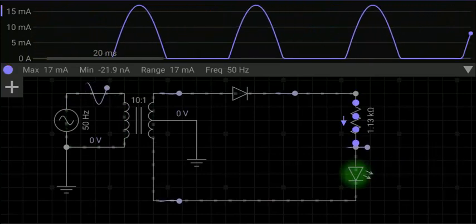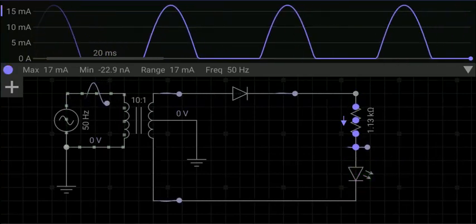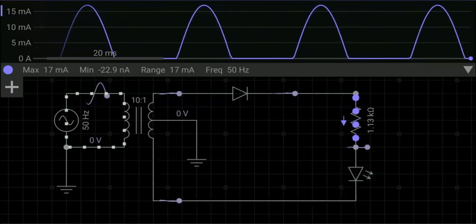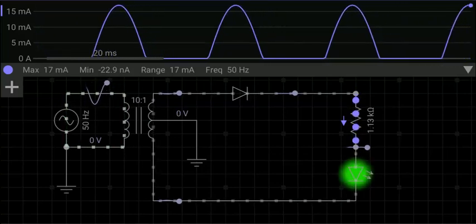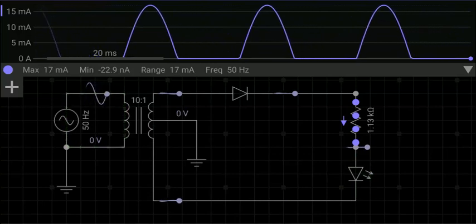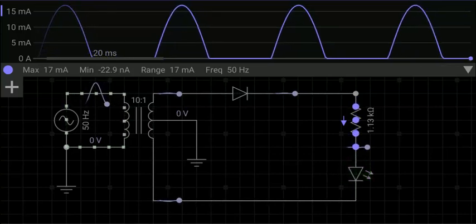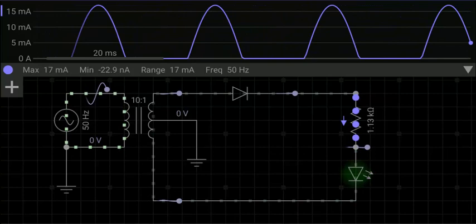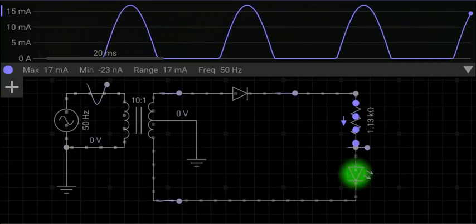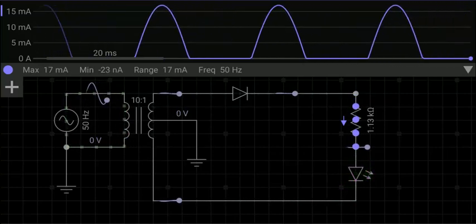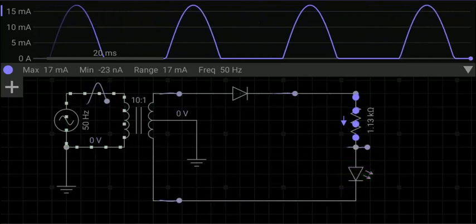It is interesting to observe that the diode acts like a switch. When the diode is forward biased, it behaves like a closed switch, and when it is reverse biased, it acts like an off switch. However, when converting AC to DC, this circuit delivers power only half the time.